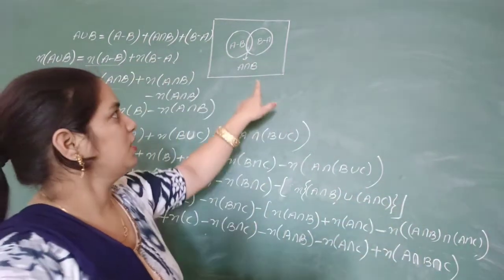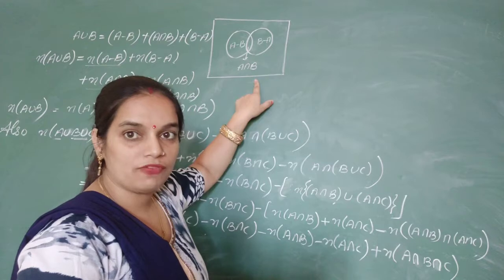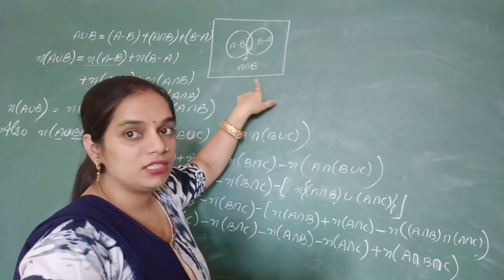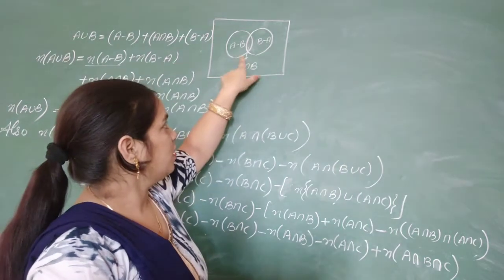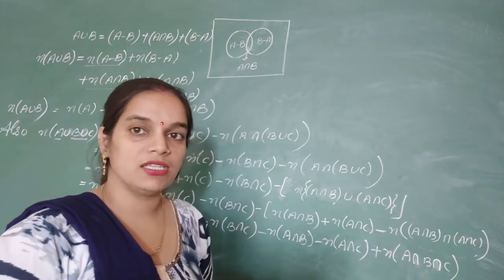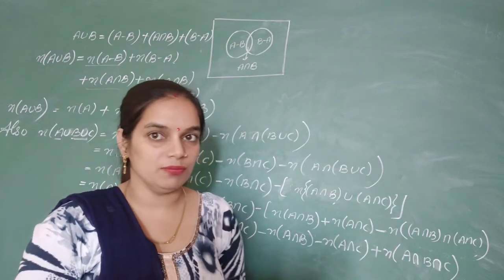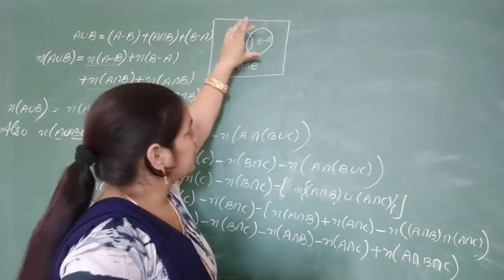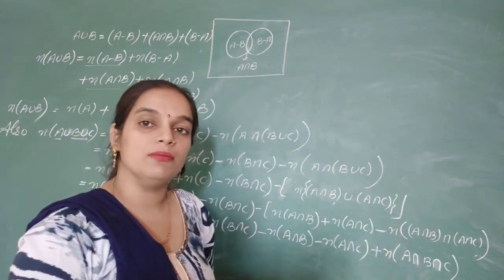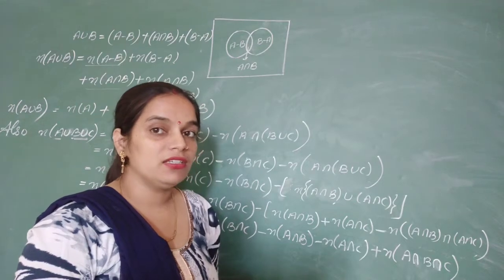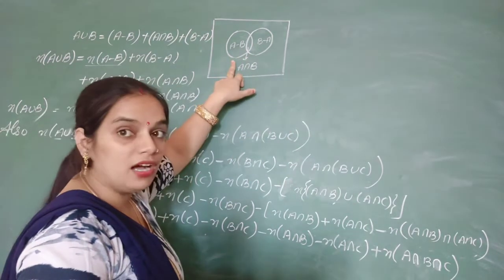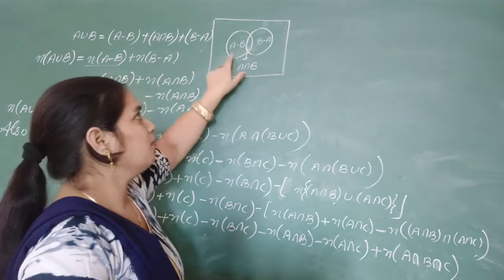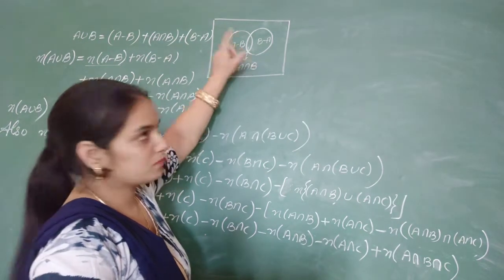Firstly, we will see here in the rectangular form there is a universal set, and under the universal set there are two subsets, a set A and a set B. The first circle is for the set A and the second circle is for the set B. We can write the different areas occupied by the circles, by A minus B.